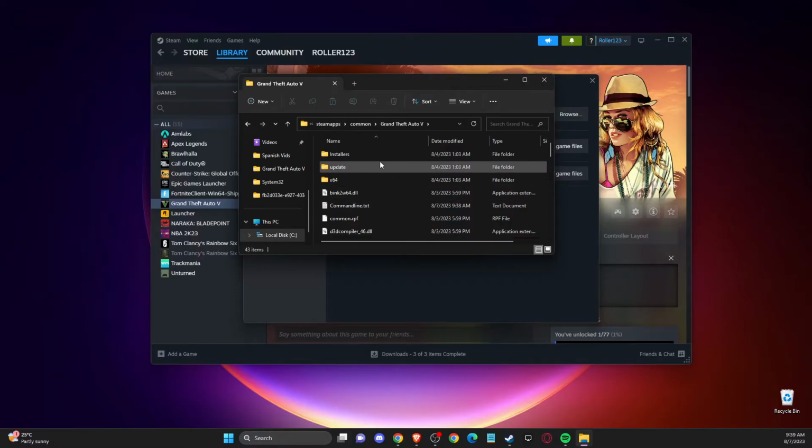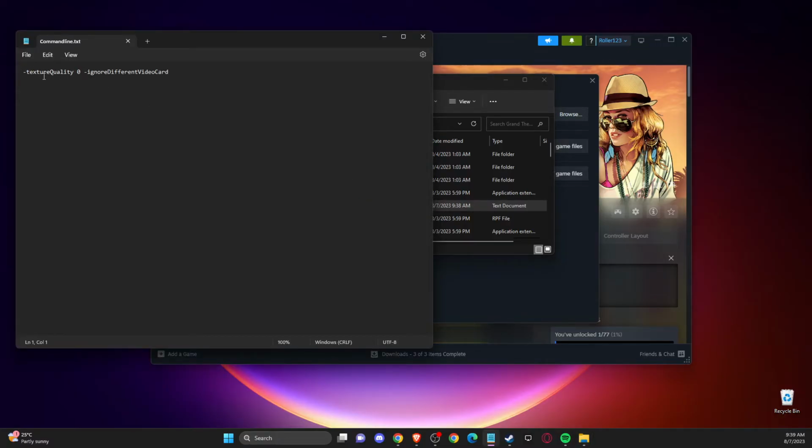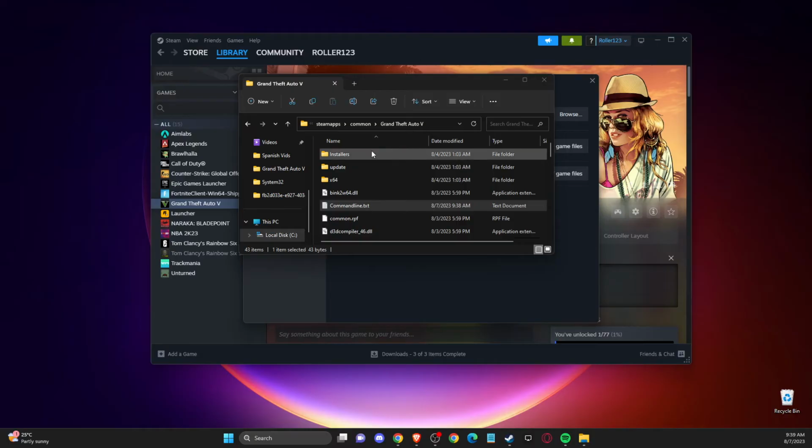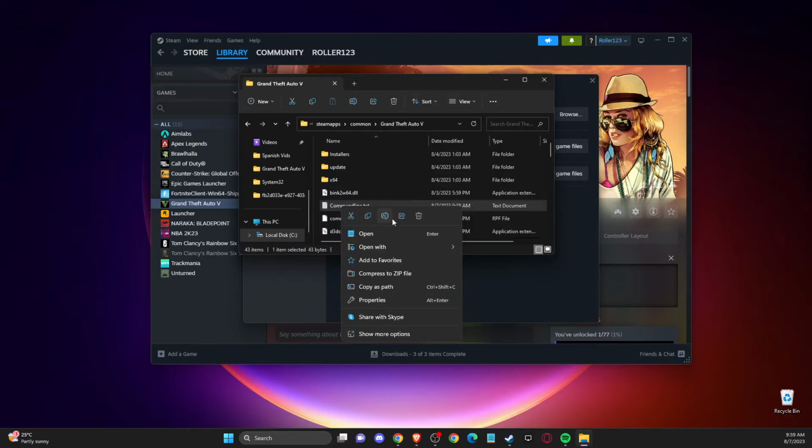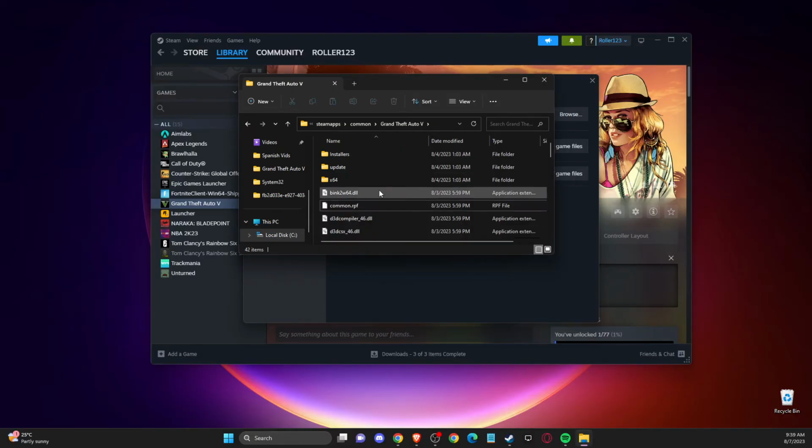And then what you need to do here to fix this issue, you should see a commandline.txt file, and that basically says -texturequality 0 and -ignoreDifferentVideoCard. What you need to do here is delete this commandline.txt file, and after that your problem should be fixed. Right, so that's pretty much it,